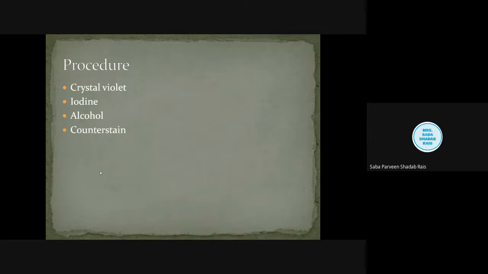Crystal violet dissociates in aqueous solution. How does it dissociate? It dissociates in the form of ions. It forms positive as well as negative ions. So the crystal violet part forms the CV+ ion, and the other ion, chloride, is dissociated. Now, we all know that ions are very active, so these two ions penetrate very fast through the cell wall and cell membrane of both gram positive as well as gram negative bacteria.